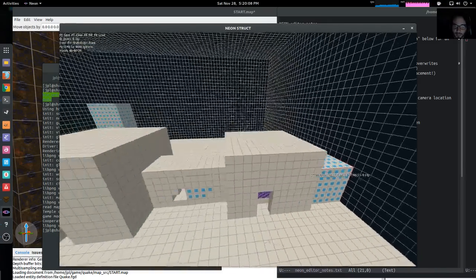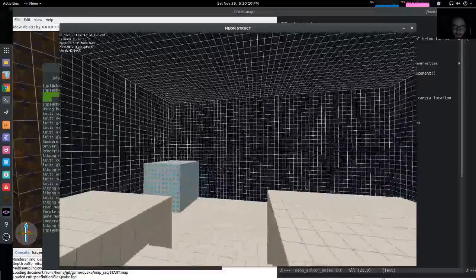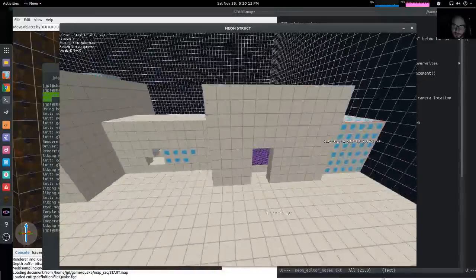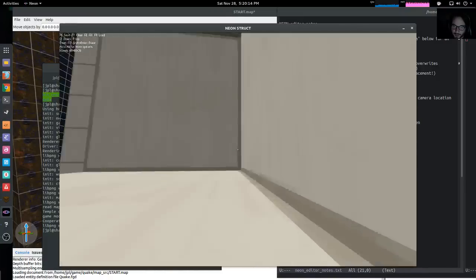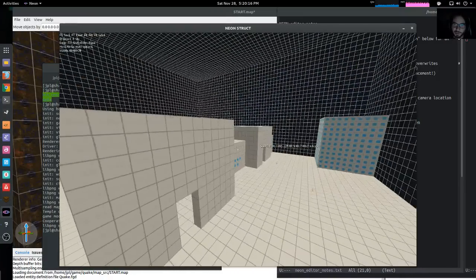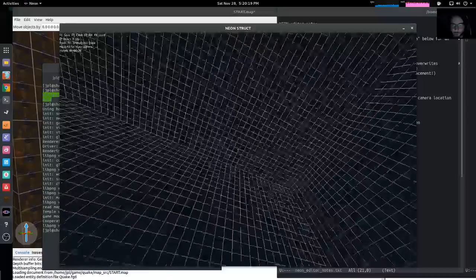It's super neat, and I'm really glad that David released this editor for people to play around with. I hope people make cool fan missions for Neon Struct, and I will totally play those. But yeah, I thought that